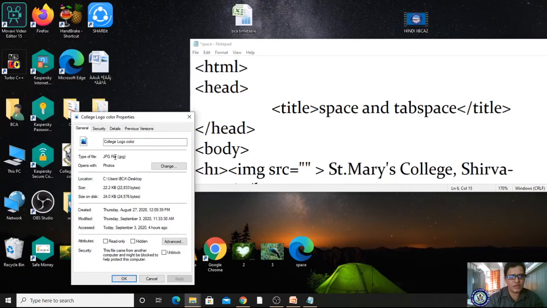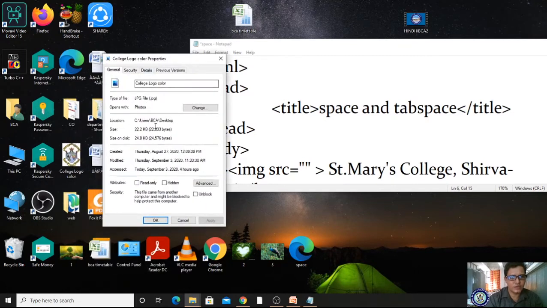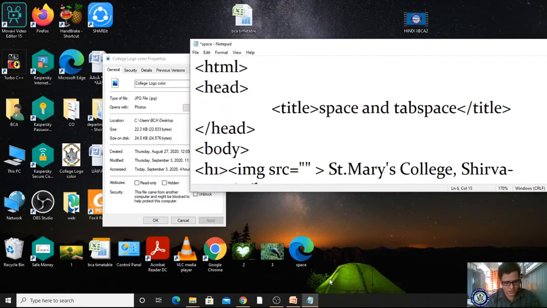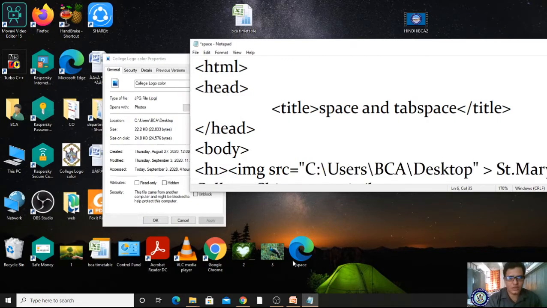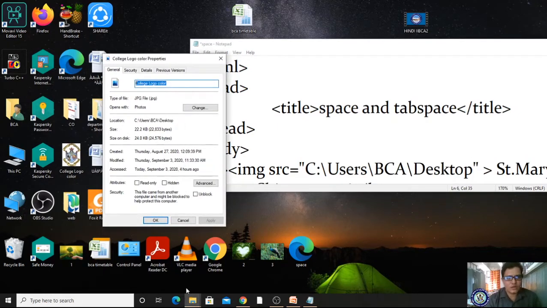If you right click, we will get the properties, which show the path as users DCA desktop. I'm copying and pasting, and here it consists of the college logo color. I'm copying.